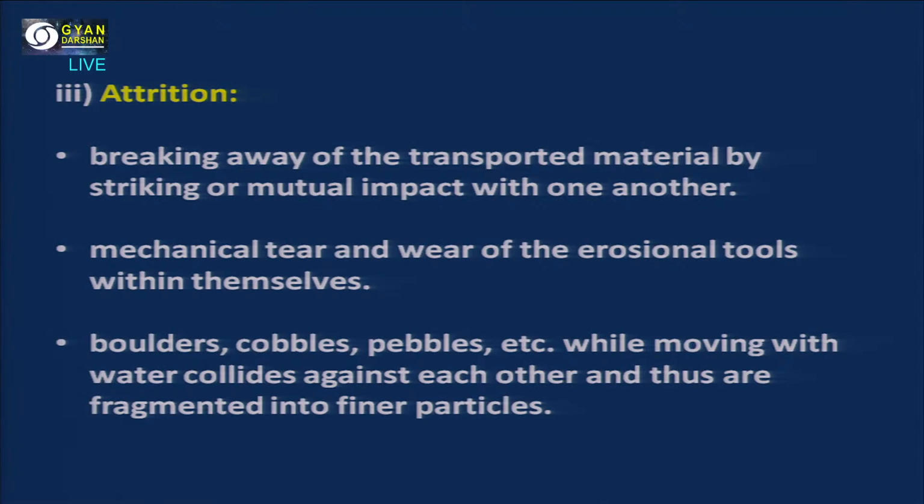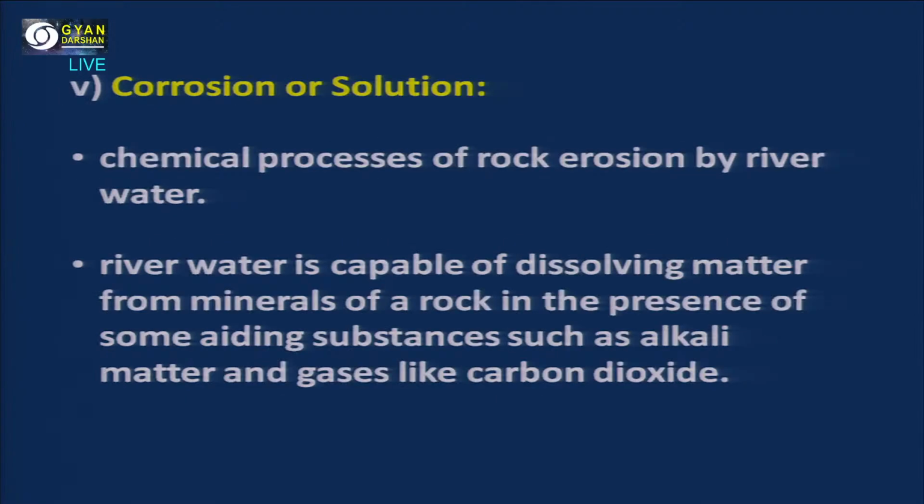Attrition is the process in which there is a breaking away of the transported material by striking or mutual impact with one another. It is a mechanical tear and wear of the erosional tools within themselves. Like we discussed, these particles, when they move, collide against each other and are fragmented into finer particles. Then coming to corrosion or solution, it is a chemical process of rock erosion, and we